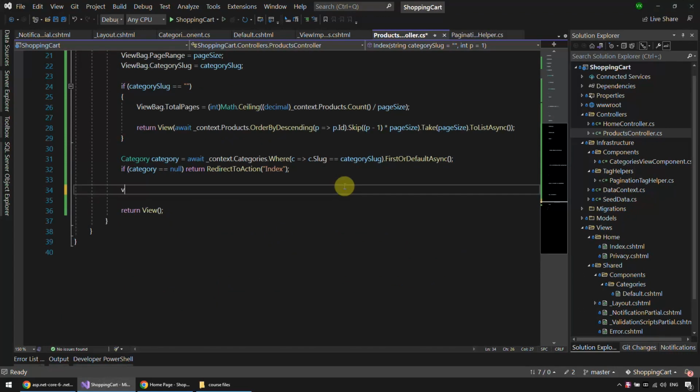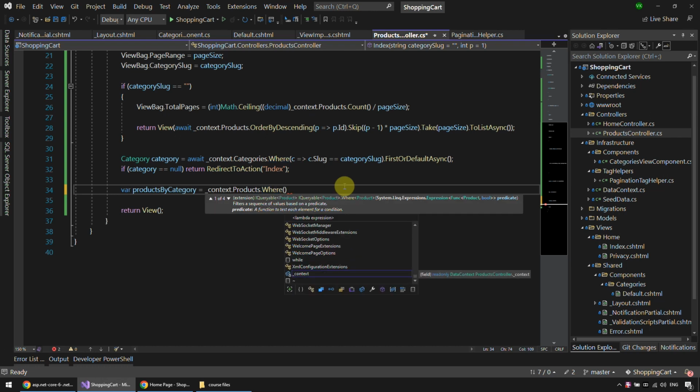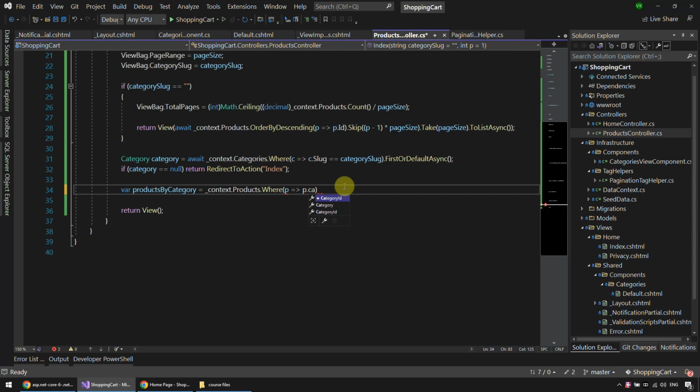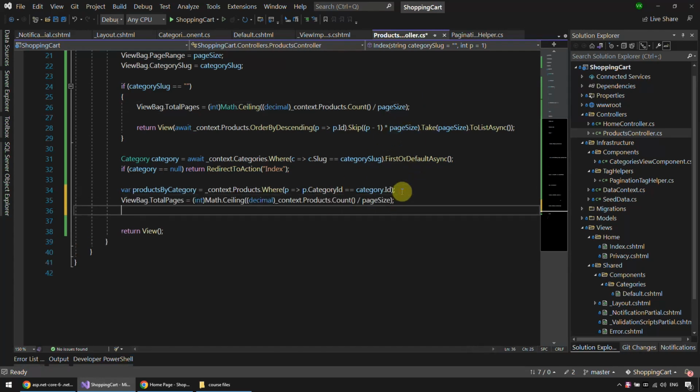Okay, now get a product. So var products by category, I'll call it, and that's going to be equal to context products where p category ID is equal to category ID. Okay, and now we need the total pages for this, so I'm going to copy and paste